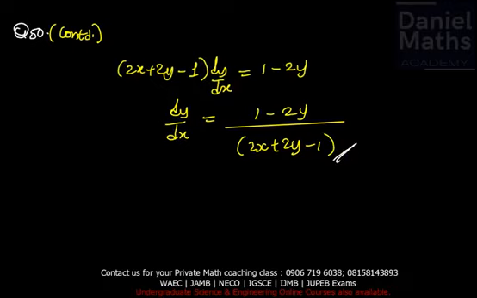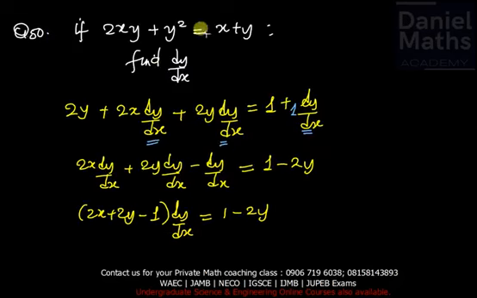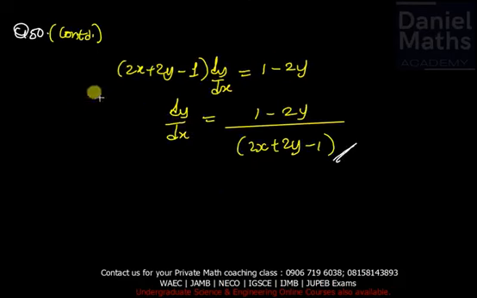Don't forget, we started by looking at the equation, then we differentiated each of these terms implicitly. Differentiate x and keep y as a constant, and once you're done, differentiate y and keep x as a constant. Take note that the y term must always retain its dy/dx. Then you come here, differentiate x, you get 1, differentiate y, you have 1 times dy/dx. So once you do your algebra and collect your like terms, you arrive at this